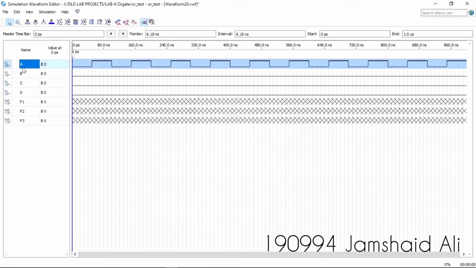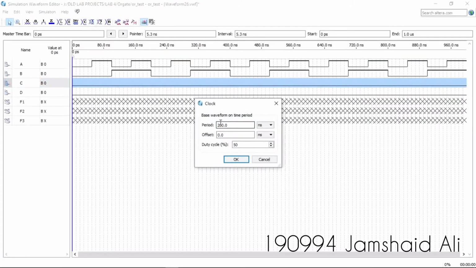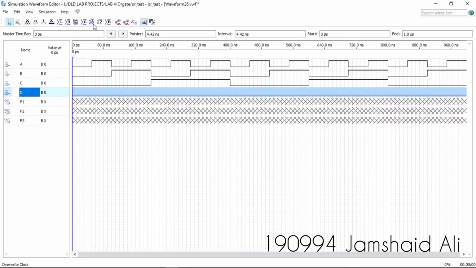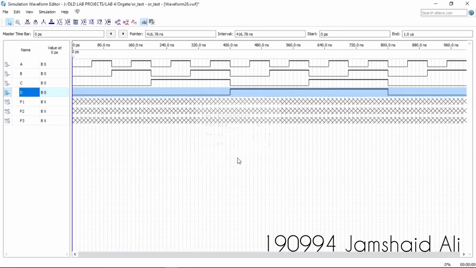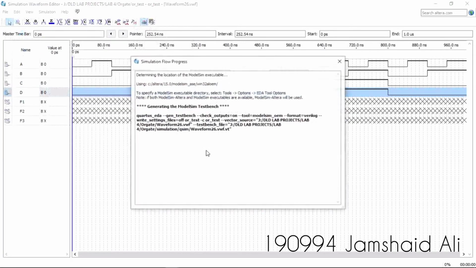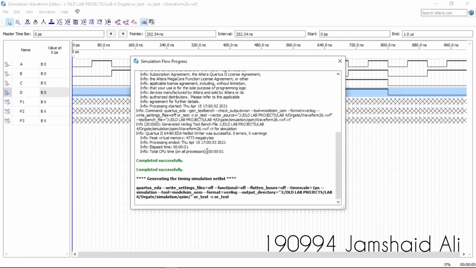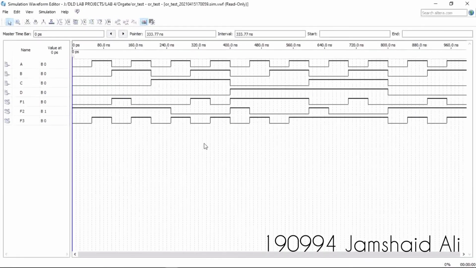I'm applying 100 to A, 100 to B, 400 to C, and then 800 to D. Now I'm going to run our waveform simulation. So our waveform simulation is running. You can see this is the final waveform simulation of our functions F1, F2 and F3.